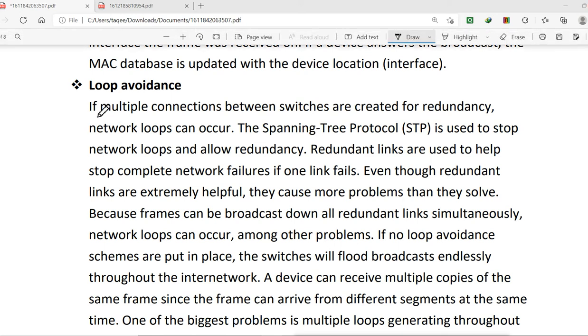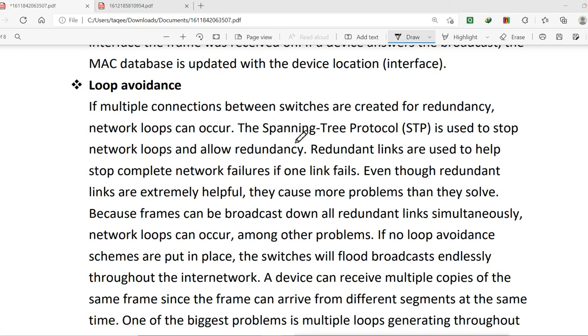So the switches are also doing loop avoidance, to avoid the loops. If multiple connections between the switches are created for redundancy, network loops can occur. For that, the spanning tree protocol is used to stop the network loops and allow the redundancy.